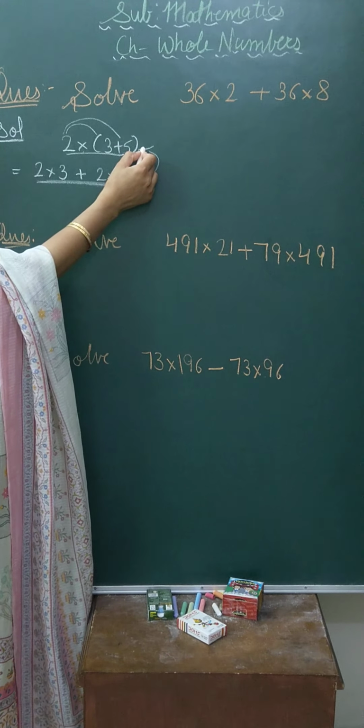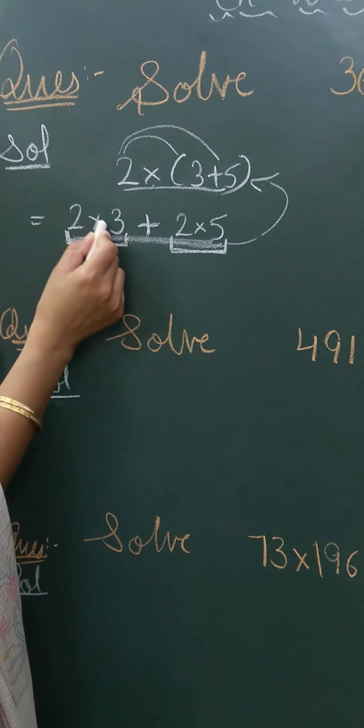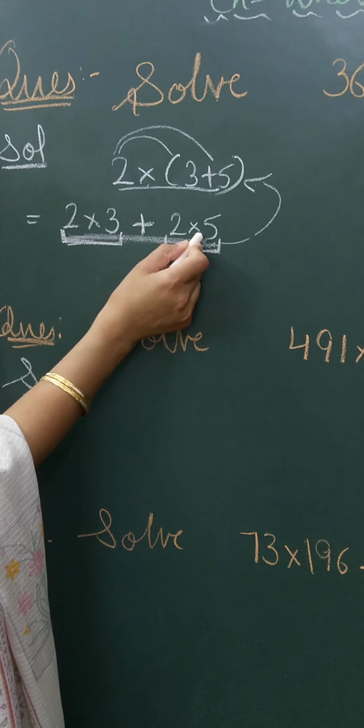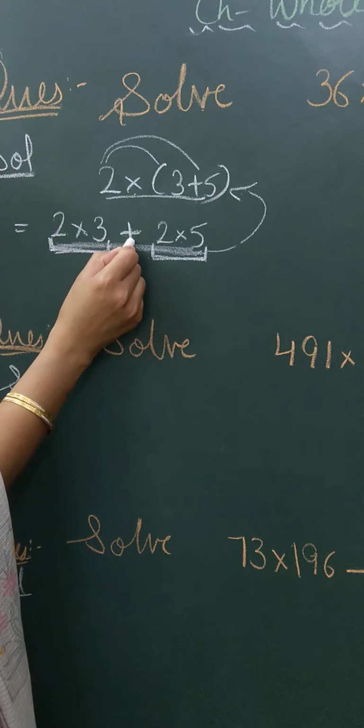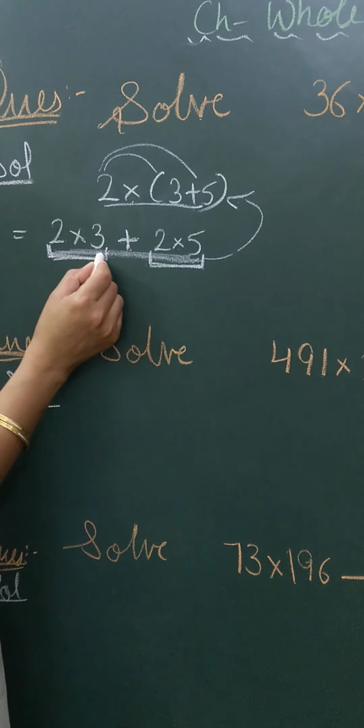If we are given these numbers, 4 numbers are there. Here you have to make pairs first. You will make first pair and second pair. In between, the sign can be of addition or it can be of subtraction. But one pair will have a multiplication sign between two numbers. The other pair will also have a multiplication sign between numbers. In between sign, you will not do anything. You will keep this sign as it is. Okay. So you are starting from this and you will reach here.